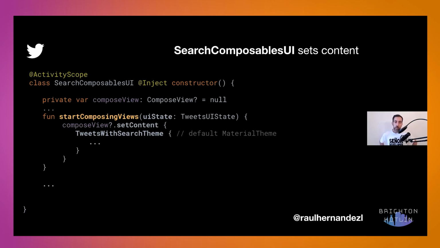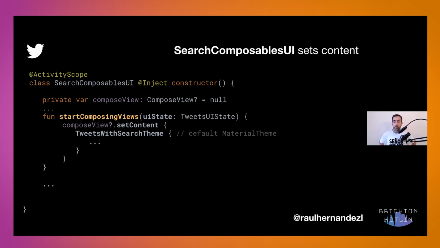So for the compose view, we're going to start setting the content, and the first thing you need is a theme. Now we need to think a little bit about coroutines because this is done in a way that is very similar to coroutines. Why is that? Because if you remember, coroutines and suspend functions in particular need to run inside another suspend function or a coroutine context. Likewise, we need a theme to be the first of the tree, and from that point, start building our composables. So initially you have a material theme, that's the default one.